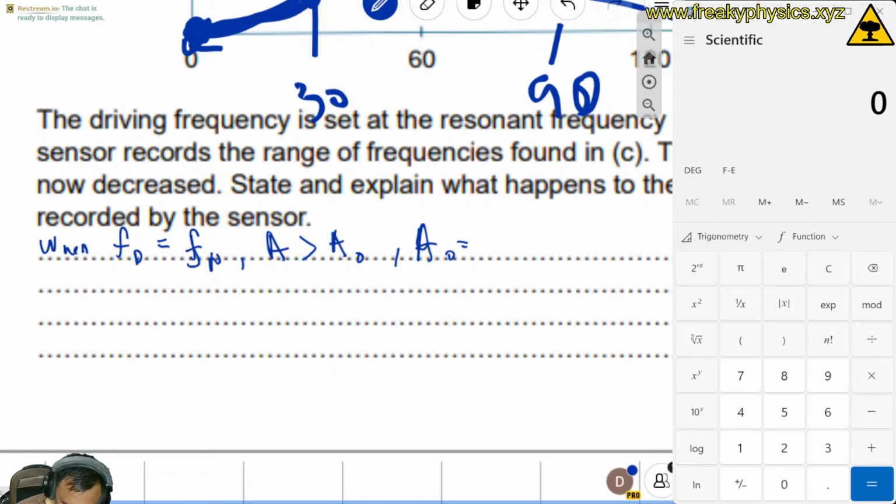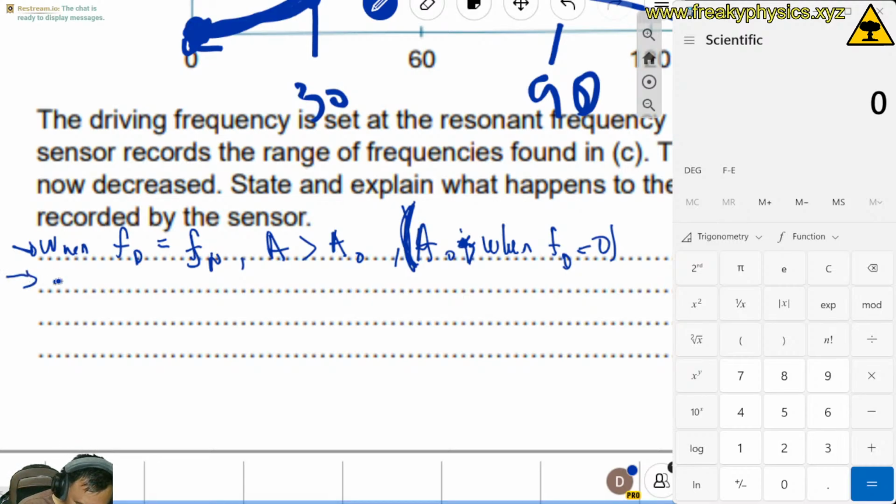Amplitude A0 is when FD equals 0, okay? So we'll just write this. What's happening here is that when FD equals the natural frequency, we have a much bigger amplitude compared to the normal or initial amplitude. And the idea now is that when you increase the amplitude, you increase